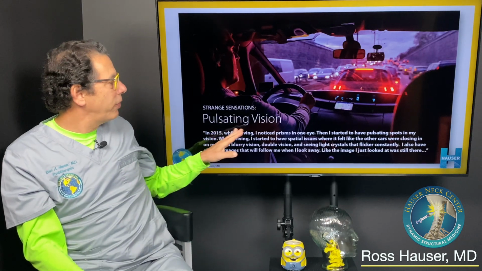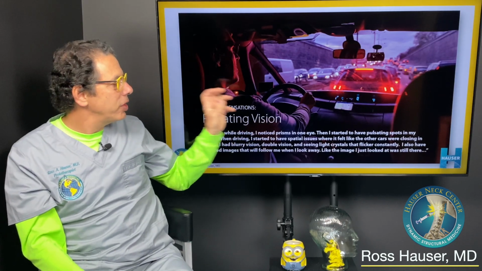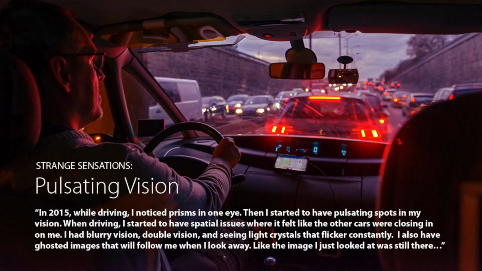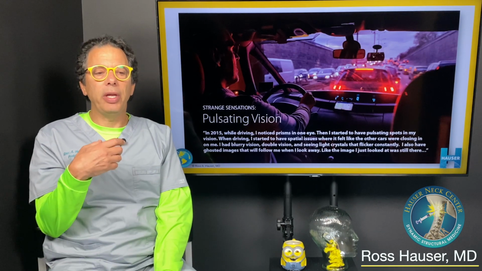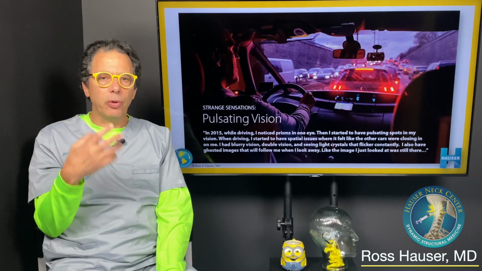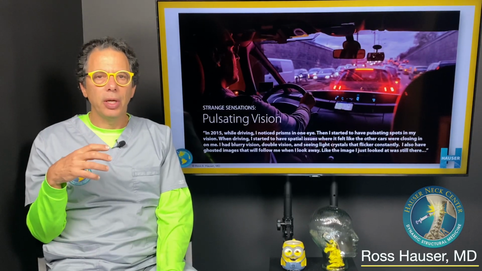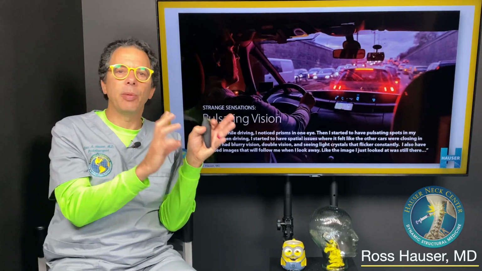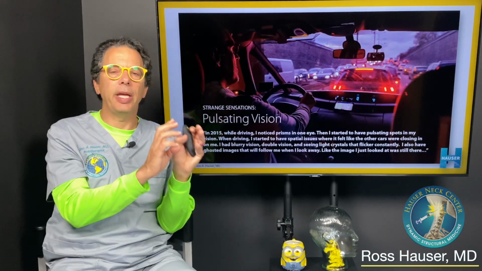So pulsating vision is where the vision is as if it's pulsating. Another thing that people get is snow or flickering. Like this patient had: I had blurry vision, double vision, and seeing light crystals that flicker constantly. I also have ghosted images that will follow me when I look away, like the Palinopsia. So in other words, all these snowy vision, blurry vision, double vision, they often have a similar or exactly the same cause,